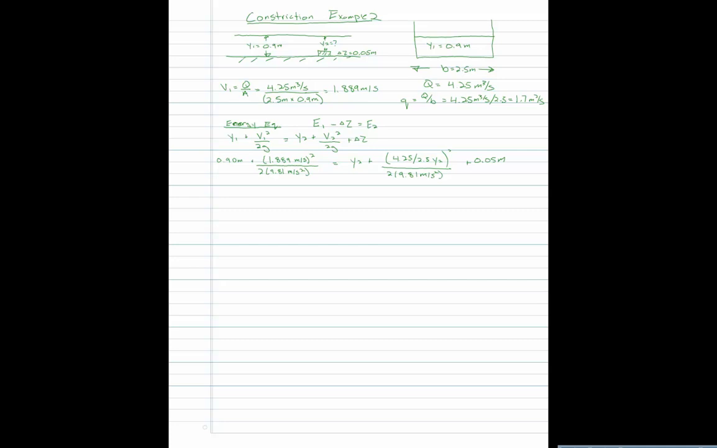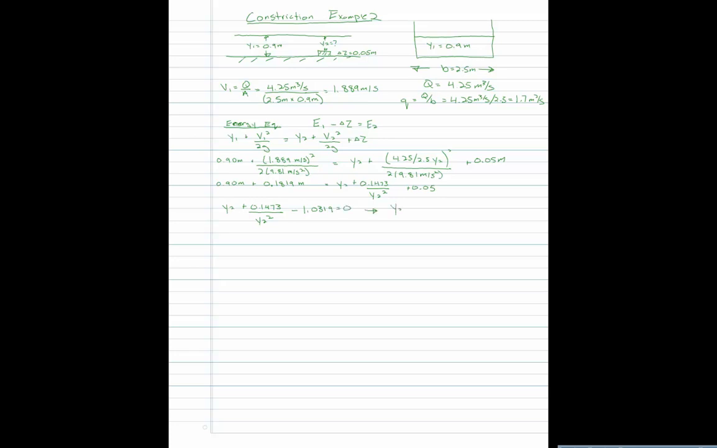Okay, so 0.90 meters is the flow depth. The velocity head initially at 1.1819 meters is equal to y2 plus 0.1473 divided by y2 squared plus 0.05. We can combine all of those terms together and we'll have y2 plus 0.1473 divided by y2 squared minus 1.0319 is equal to 0,